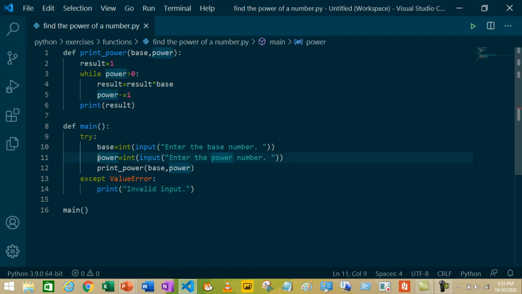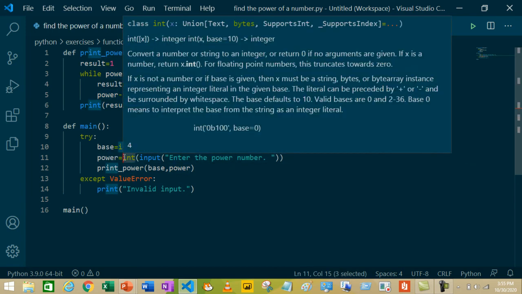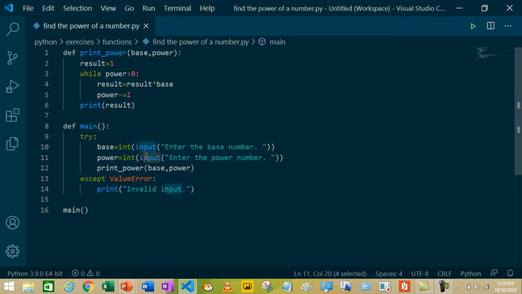Next, we are asking for another input which is the power number and storing it in the variable power. Again we are converting it with the int function because input returns a string data type. Next, we are calling the print power function.